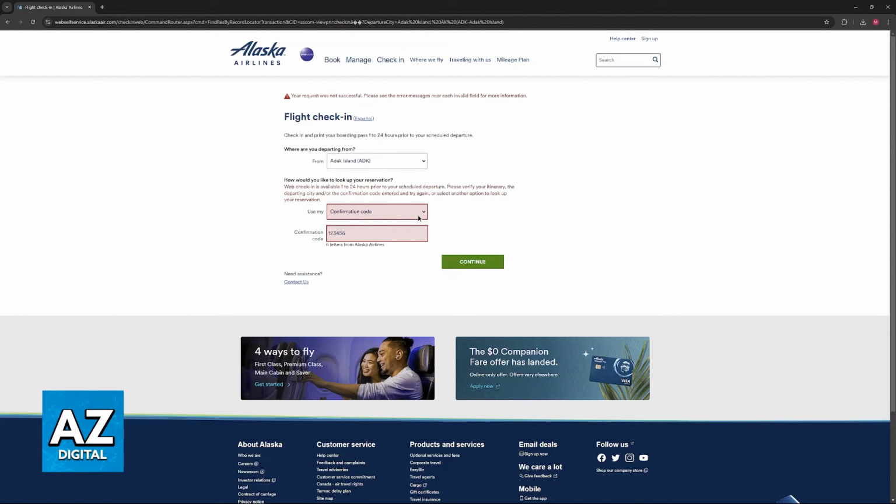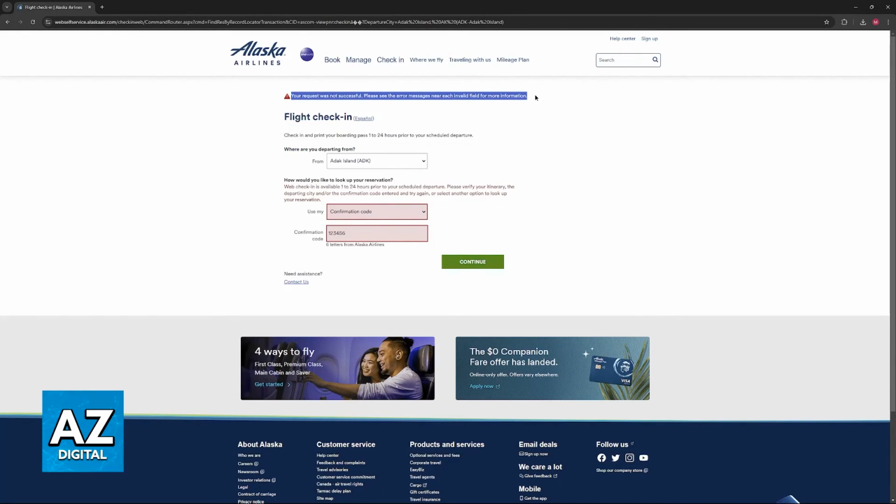everyone who is going to be traveling, so all of the passengers, all of the contact information such as a passport number, and then choose optional services for your flight, so you can configure the seats, extra baggage, and so on, and you will be able to get the check-in done.